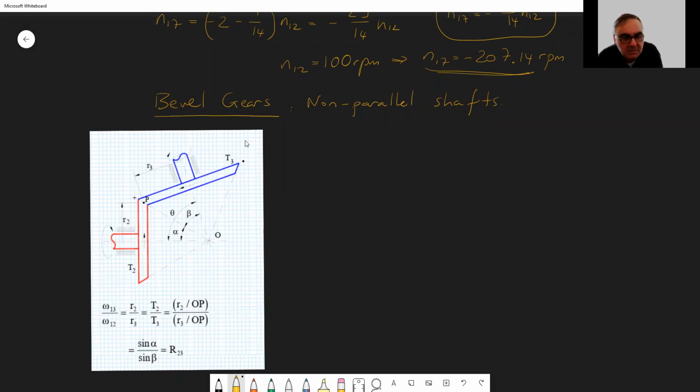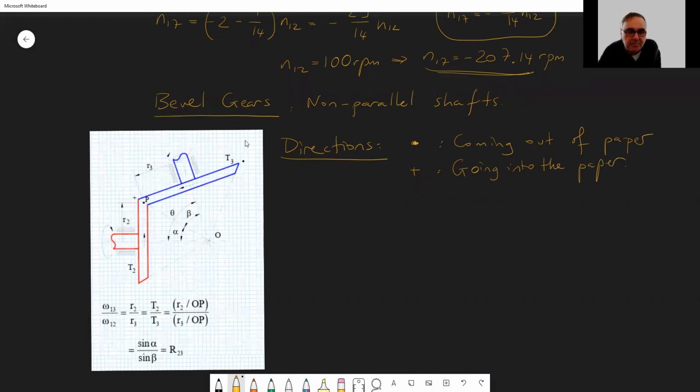In which case, we use a certain notation here, in which we say that, for example, if you use a dot, this means coming out of paper, let's say, although we have a screen, let's say paper. And if you have a plus, you have